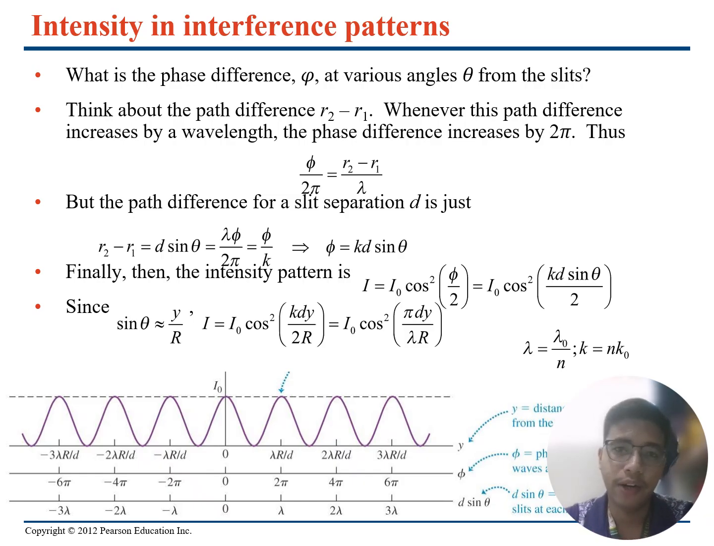So, as you can see in this slide, it extends our analysis by relating phase difference directly to the path difference. Recall that whenever the path difference between two waves increases by one wavelength, the phase difference increases by 2 pi radians. Using the geometry of the double slit arrangement, we can express the path difference in terms of the slit separation